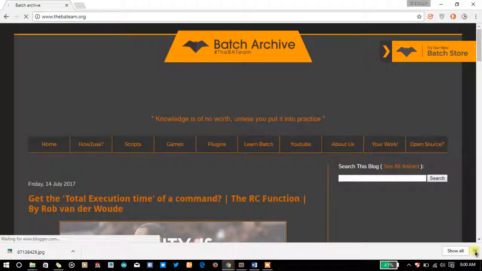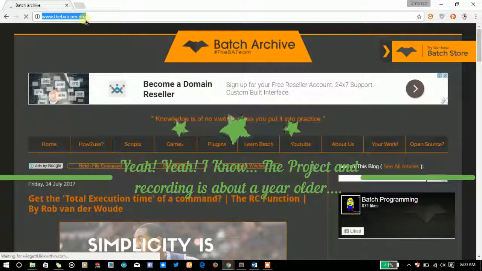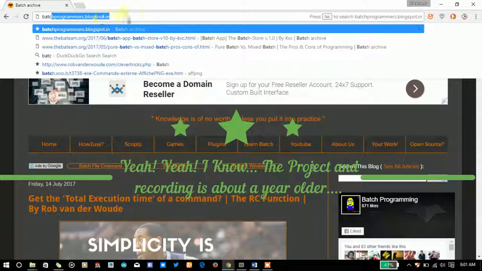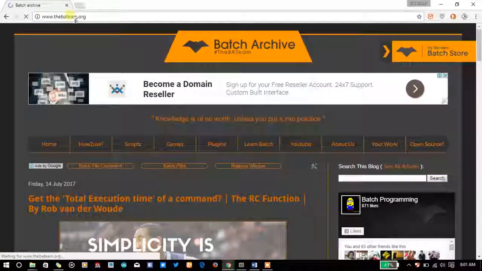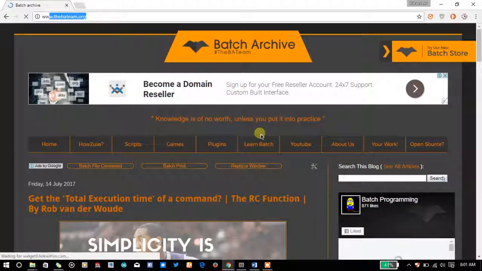if you are a batch programmer and you have visited my blog, then you will know that it is based on the Blogger platform. So if you go to batchprogrammers.blogspot.in, that's the initial name of the blog, it will redirect you to TheBATeam.org, and both are the same thing. So basically it is a Blogger platform, and I have heard from one of my friends that Google